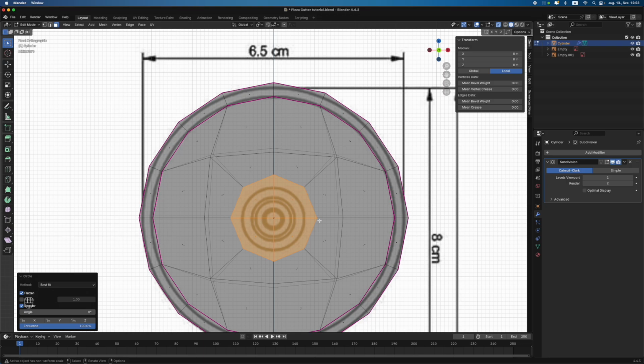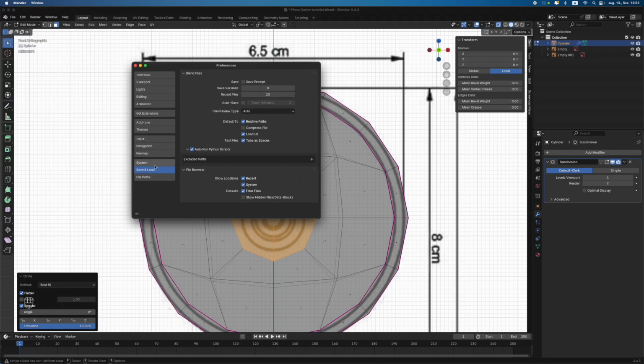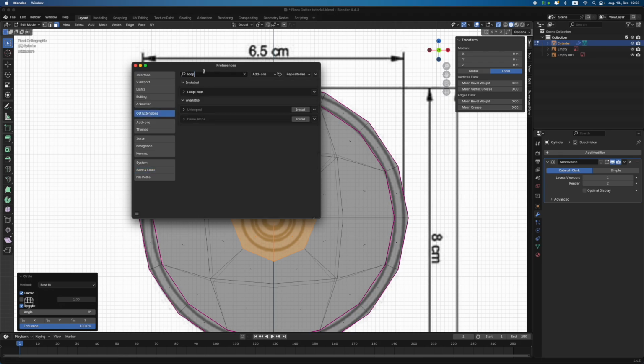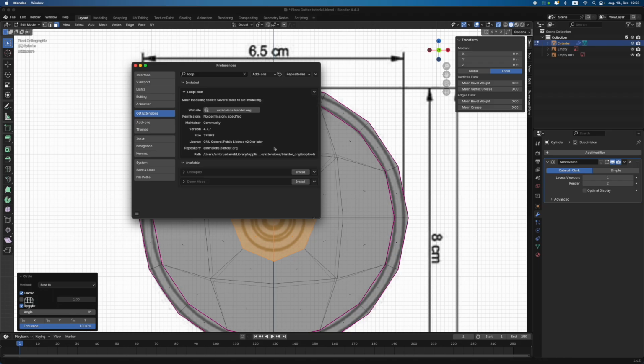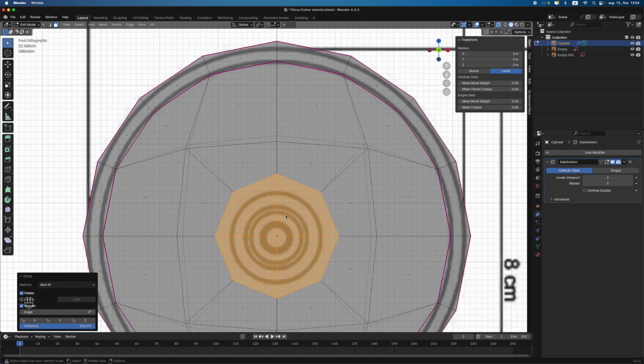perfect circles. However, this is the Loop Tools add-on, you have to enable it in the preferences. This is an add-on made for Blender, comes with Blender, so if you do modeling, this is a must-have tool. So we can enable it in preferences, get extensions. If you search for loop tools, you can enable it here. So this will make it a perfect circle, and we want to scale it